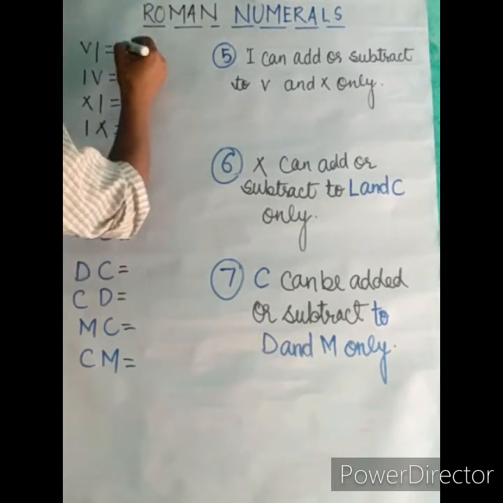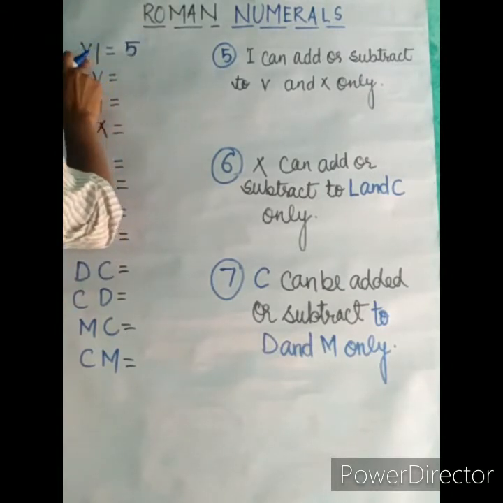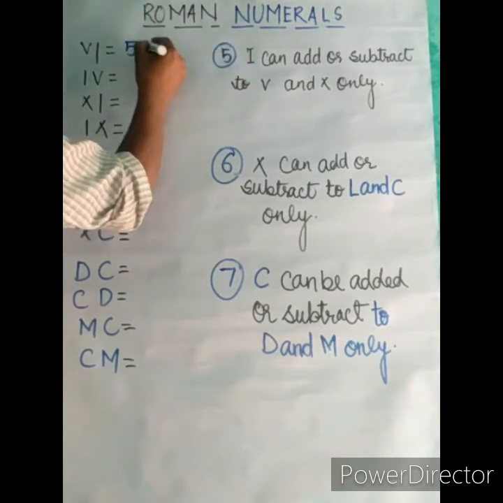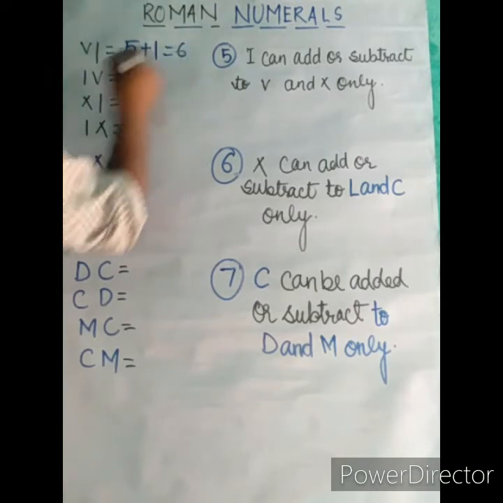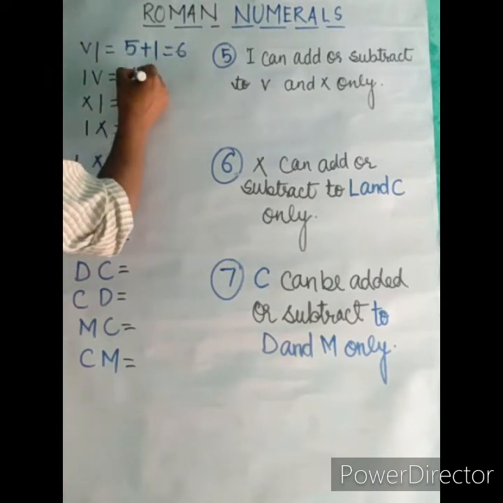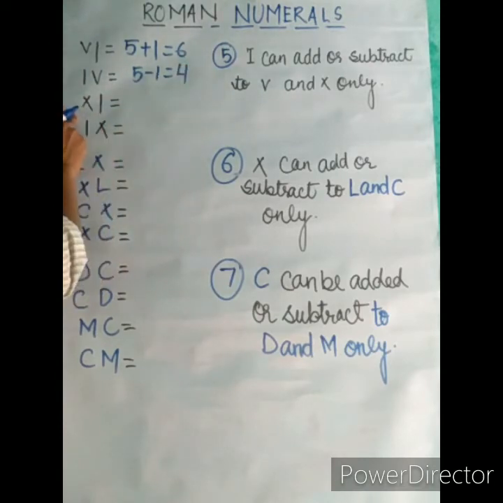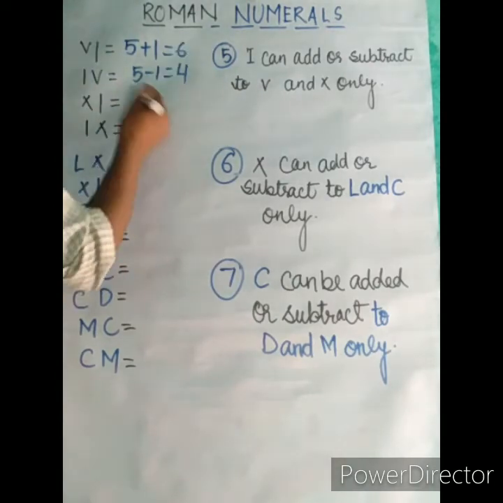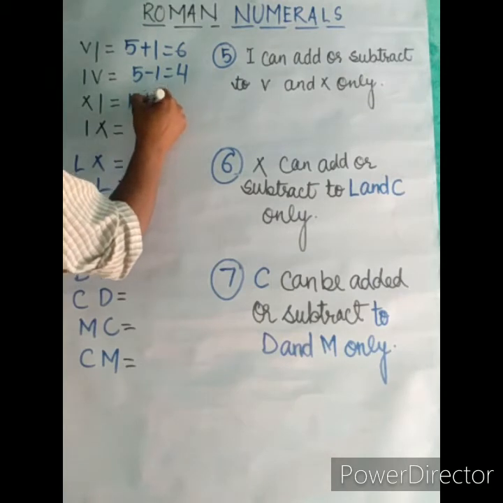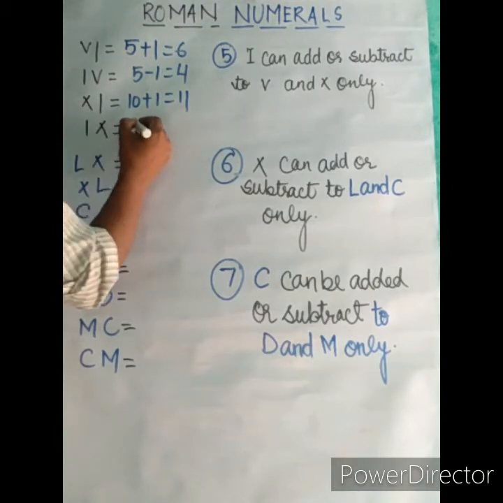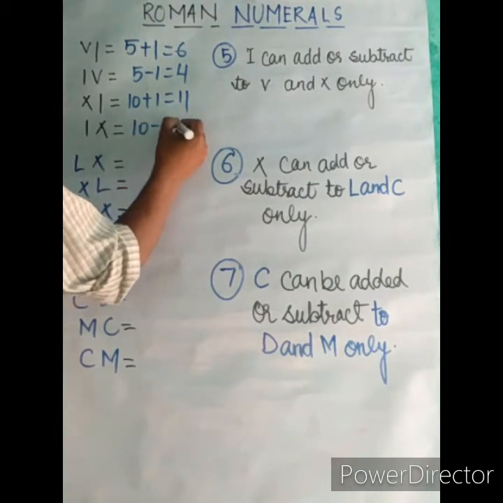So you can see V means 5 and 5 is greater, I is smaller, so it is written to the right side, we will add: 6. Here I is written to the left side, 5 minus 1, 4. Here the smaller is written to the right side, add 10 plus 1, 11. Here the smaller is written to the left side, so 10 minus 1 is equal to